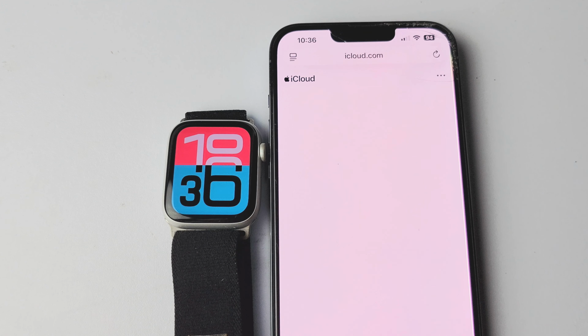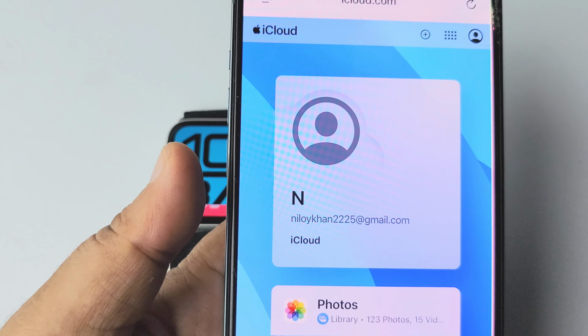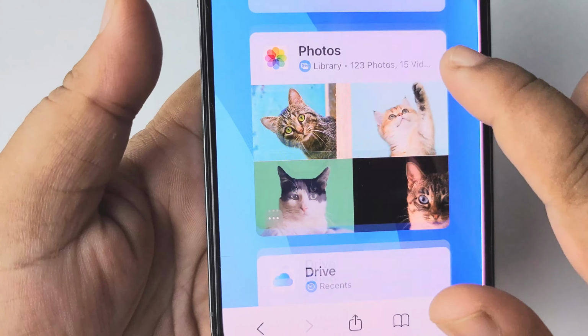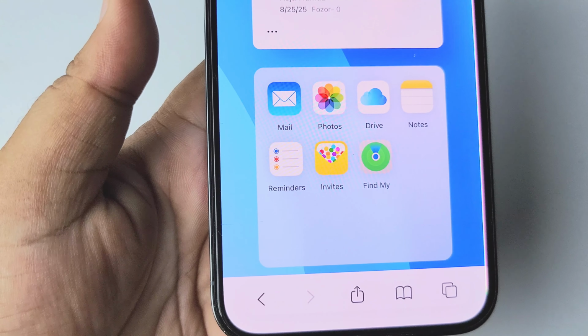And then tap on sign in. And then go ahead and sign into your iCloud account using your Apple ID. Once you have successfully signed into your iCloud account, in here scroll down and come to this app section. Just open Find My,